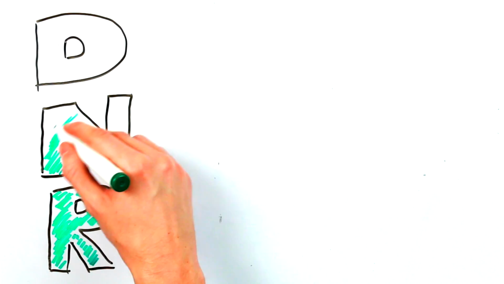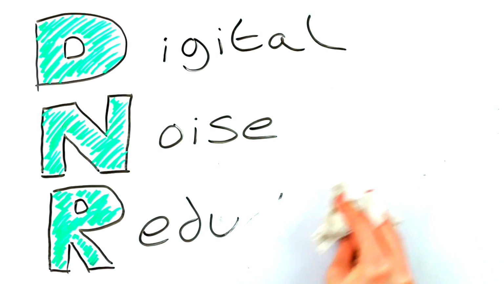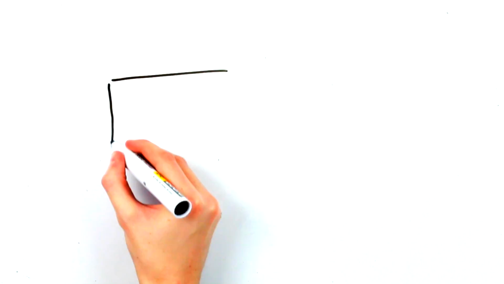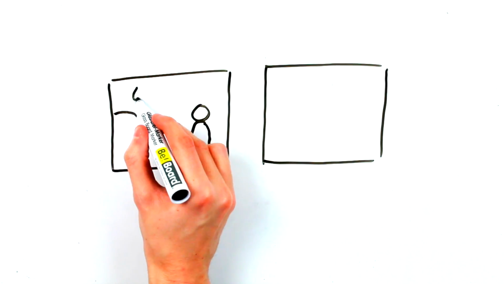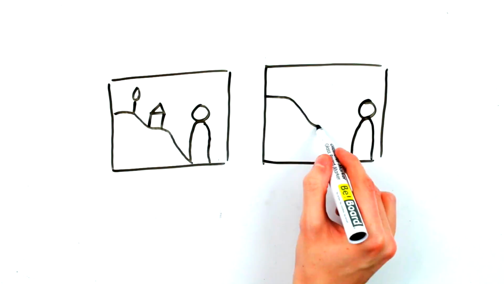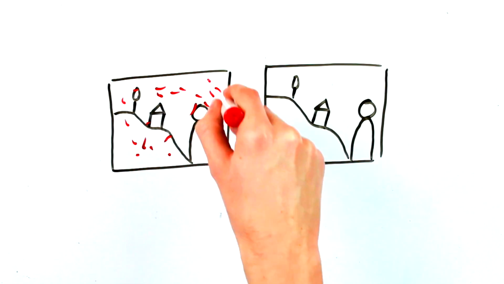DNR. DNR stands for Digital Noise Reduction. Digital noise is something that occurs when there are irregular fluctuations in the transmission of electrical signals to and from your camera. The simplest way to describe it is to say that it is the video equivalent of phone static,